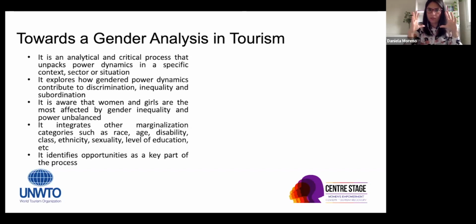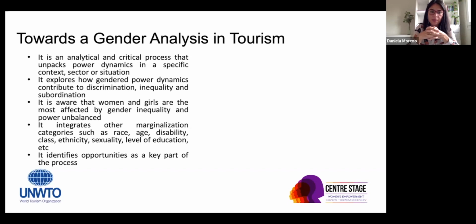We have the data. I mean, UN Women has very good data, on how, for example, violence is affecting mostly women and girls, how the lack of sexual and reproductive rights is having a negative impact on women and girls. Feminicide is a tragic situation that we have to face in so many countries. So women and girls are the most affected